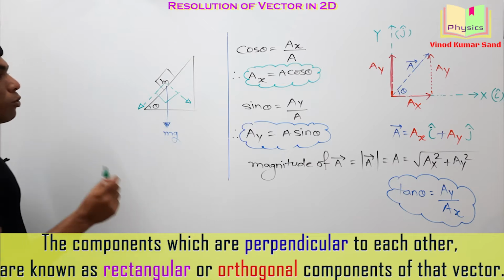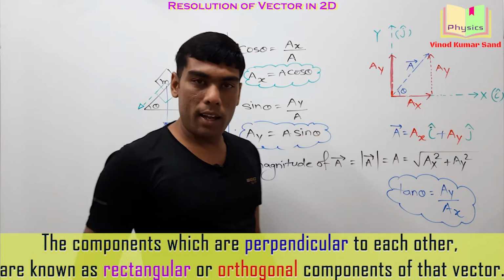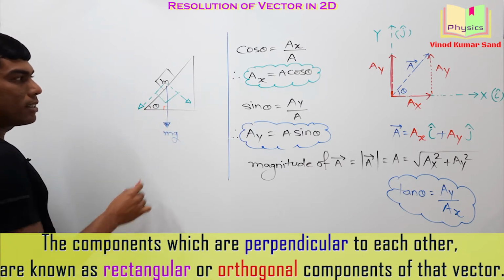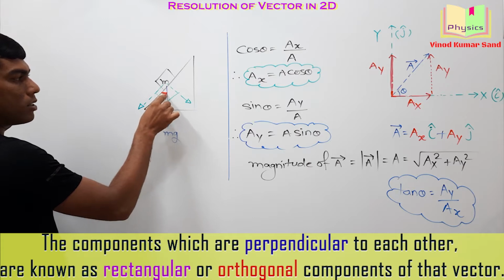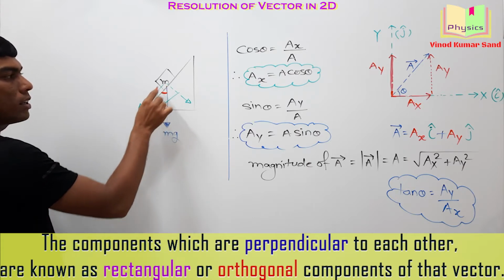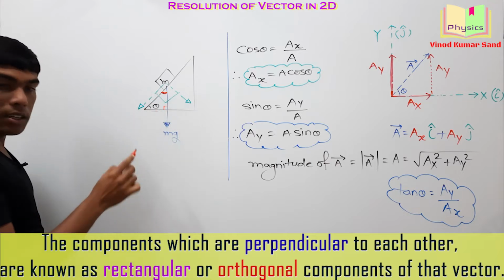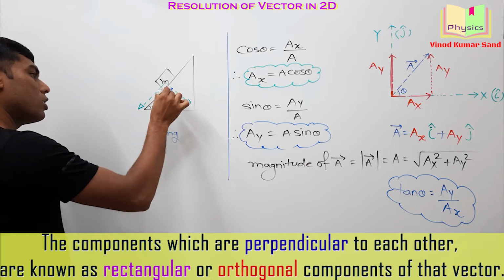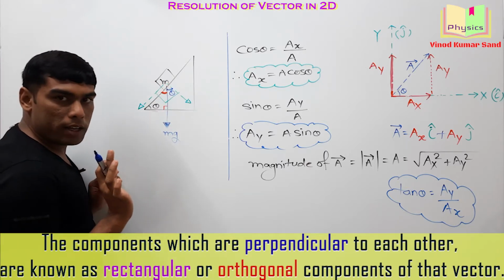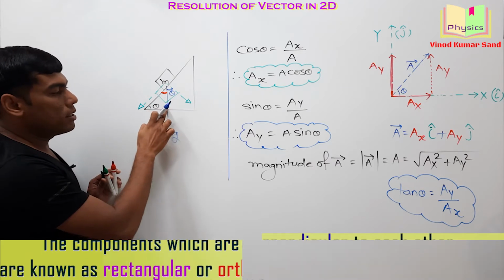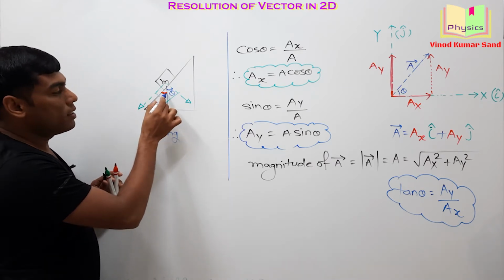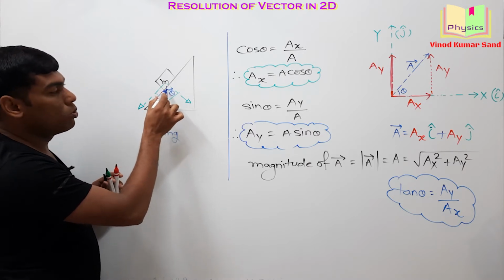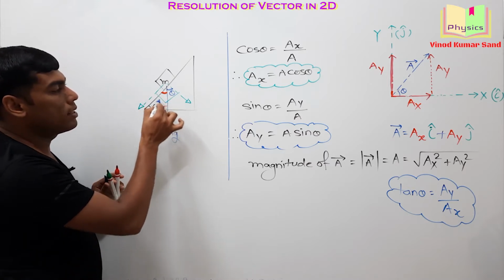Okay. For doing the components, we need the angle. So let's simplify the things. If this angle is theta, this angle is 90 degree, then this red angle, can you think how much is it in this triangle? This is 90 degree minus theta. Then this angle here should be how much? It must be theta. Do you agree? I'm repeating it. This is theta, this is 90 degree, and this angle, the red one, should be 90 degree minus theta. Then this blue should be theta because this total angle is 90 degree.